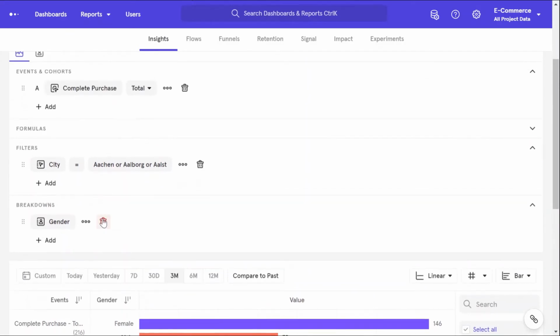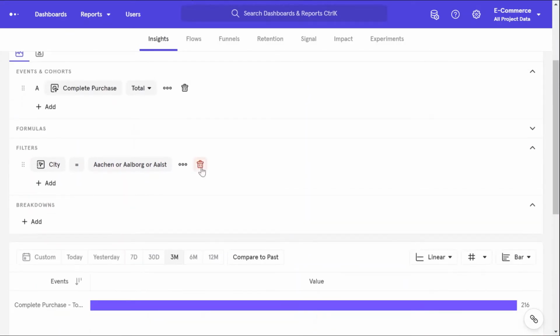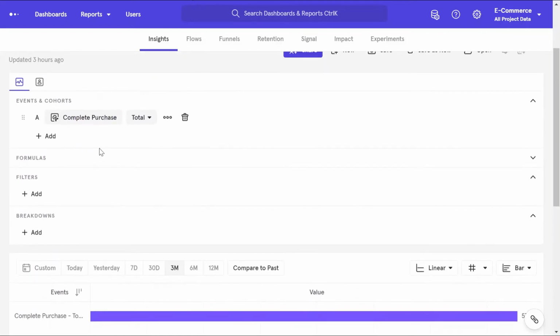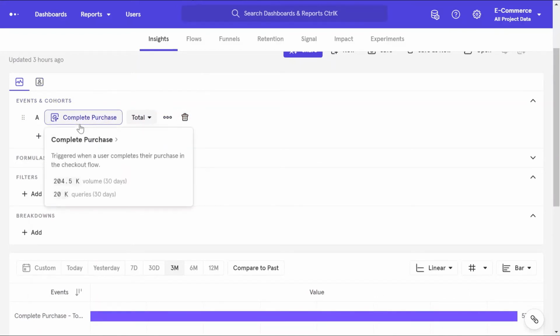Now, how exactly do these features and properties help in problem solving? Let's remember one of the problem statements we had taken in one of the earlier episodes, where we said for a food delivery platform, the number of orders had suddenly come down on one day, right? And we had to find out what had happened. So what did we want to find out? We wanted to see, first of all, if the decline was across all cities or restricted to individual cities. So in that case, what would you do? You will come here and plot the event that corresponds to order placed.